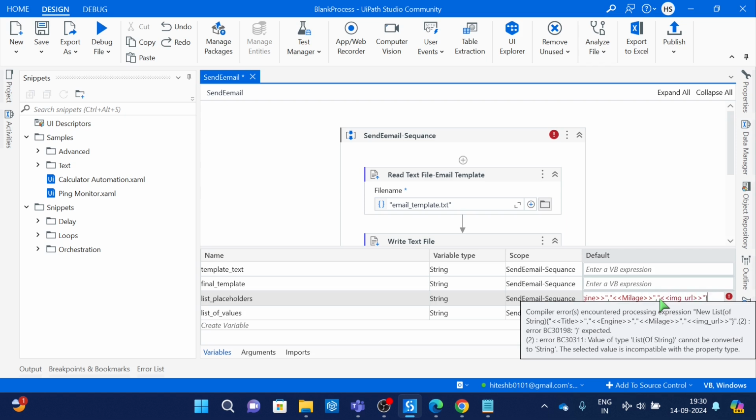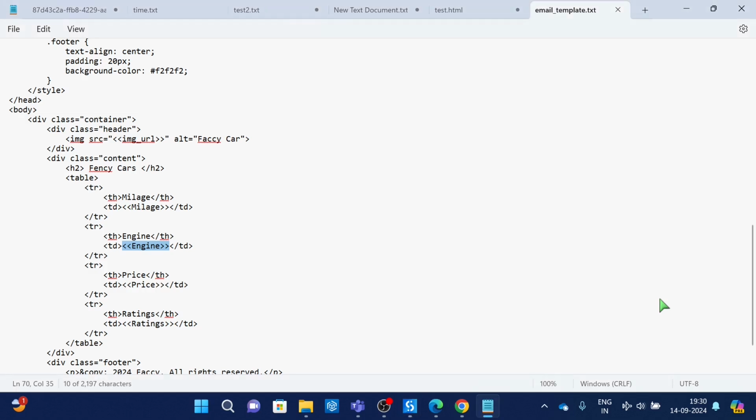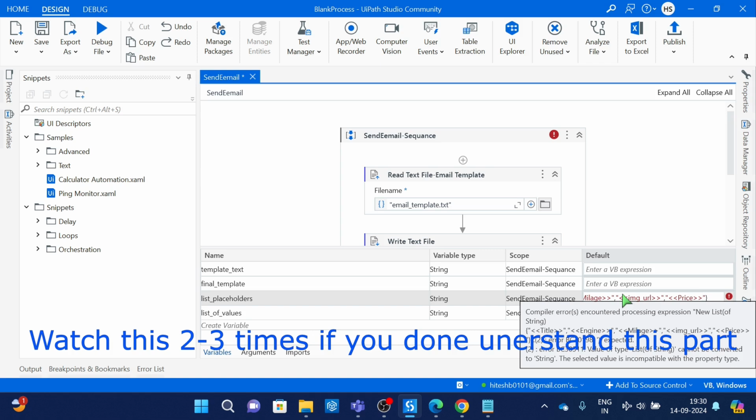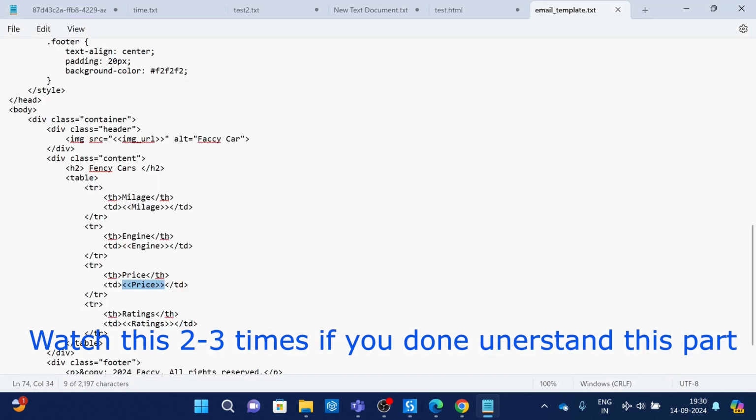And now let's go there in the end, comma, price, comma,